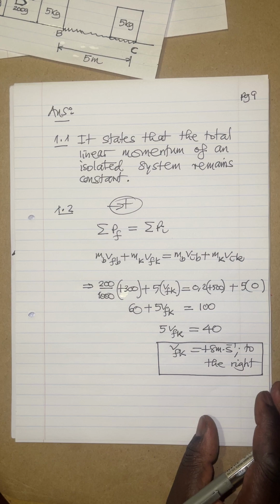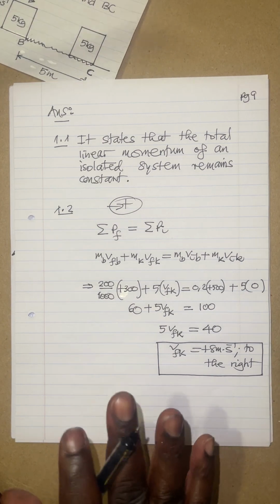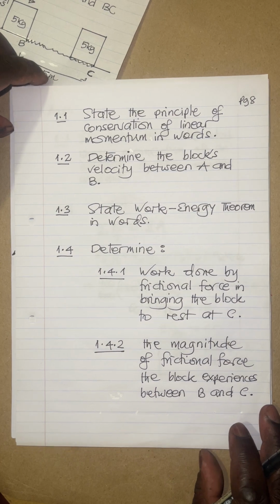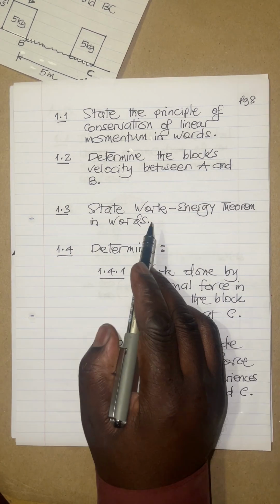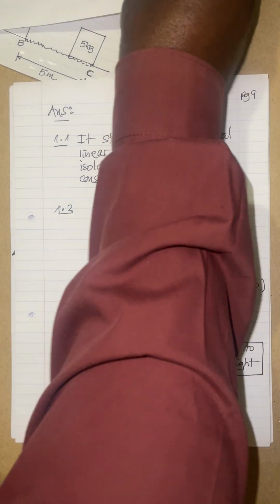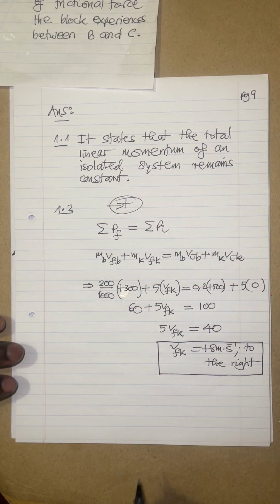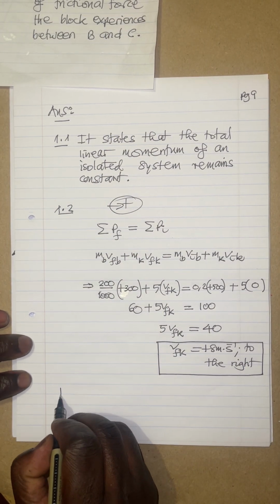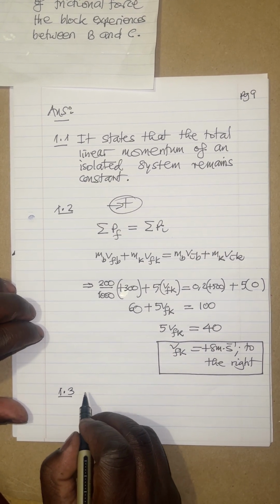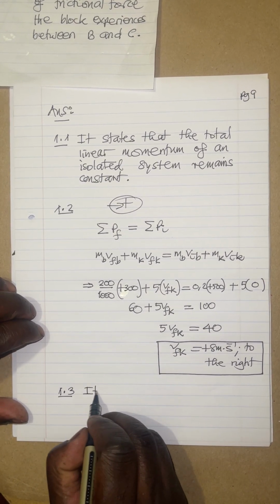Let's move on to 1.3. This is linear momentum basically. Now 1.3 is where energy comes in. 1.3 says state the work energy theorem in words. I have stated it already, but let me state it again. There is no harm in repeating concepts. 1.3, it states, we're stating the work energy theorem. It states that